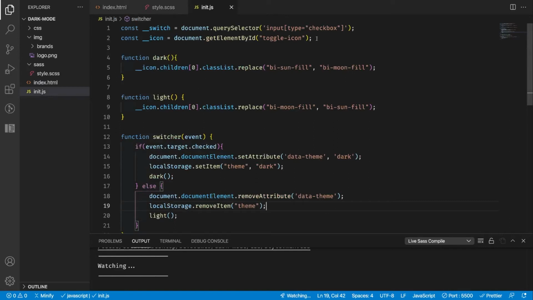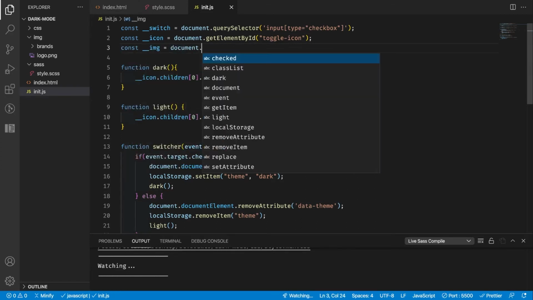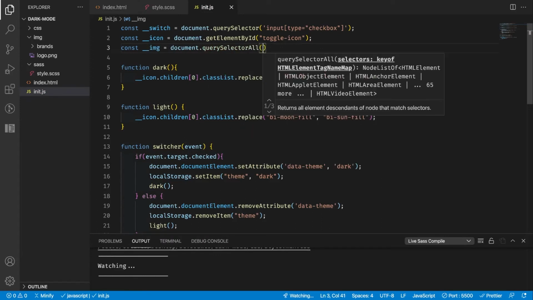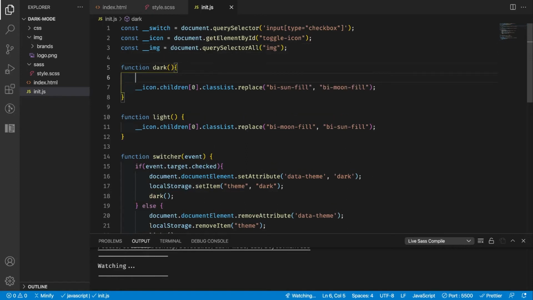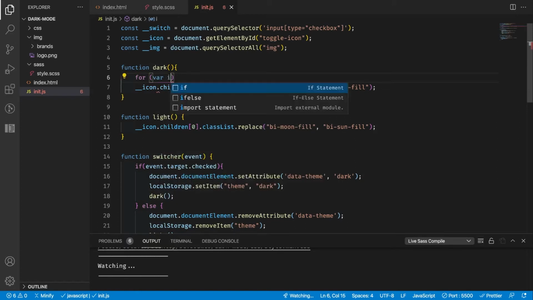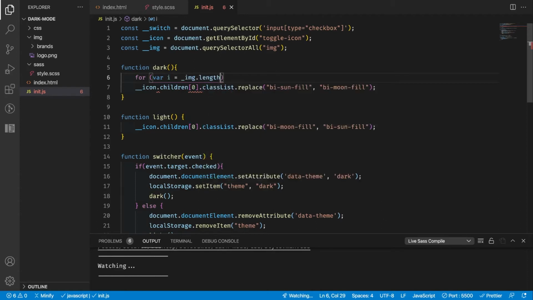initialize.js, and let's create another variable up here. So this is going to be constant image equal document dot query selector all this time, and then we're going to select all images. So for every image we want it to do something. So in the dark mode we want to do var i equals image.length, so image.length, and then we're going to do i minus minus,